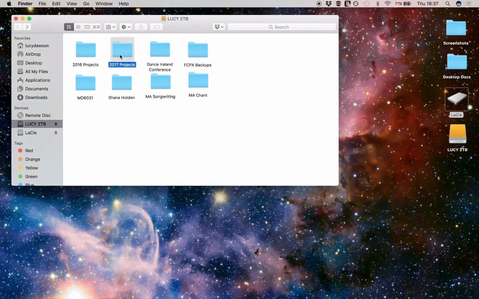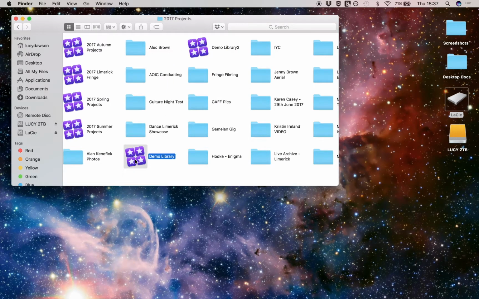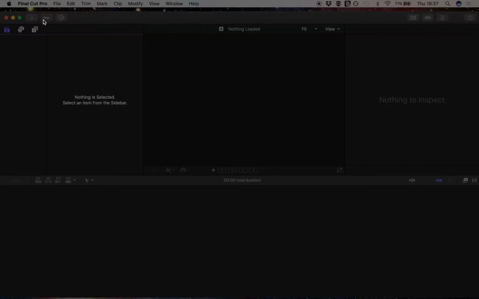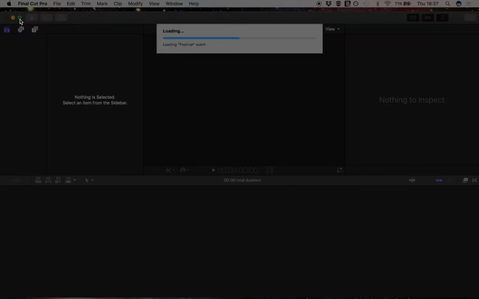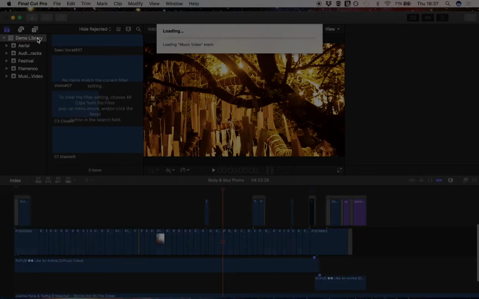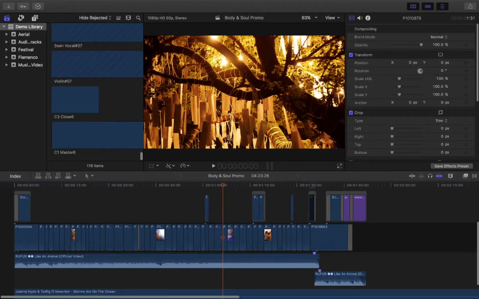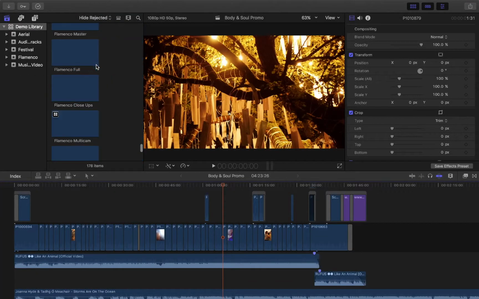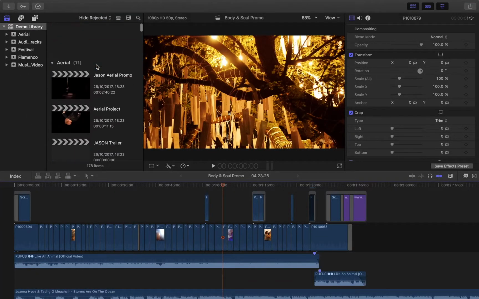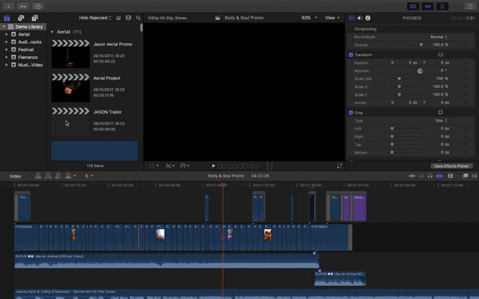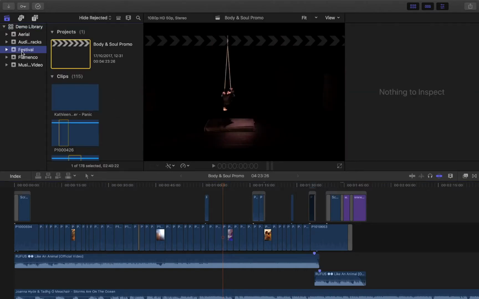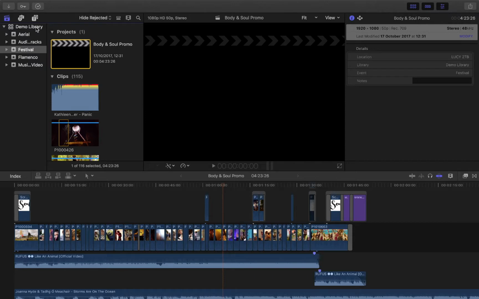So I'm going to go into my folder and open up my demo library, generate a couple of XML files. Just open up Final Cut, make sure we've got the correct one opened up, demo library, and I'm going to full screen this so I can see it fully. When you're generating an XML file, it's from a project, so it's from one of these projects that we have here. So I've got my festival one, I'm going to do this one,